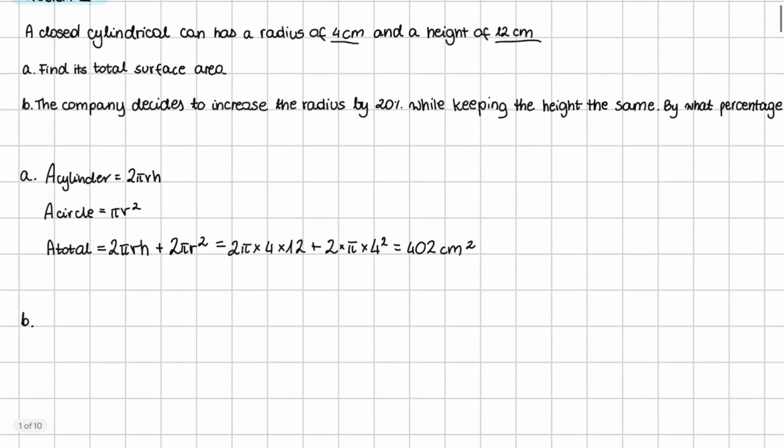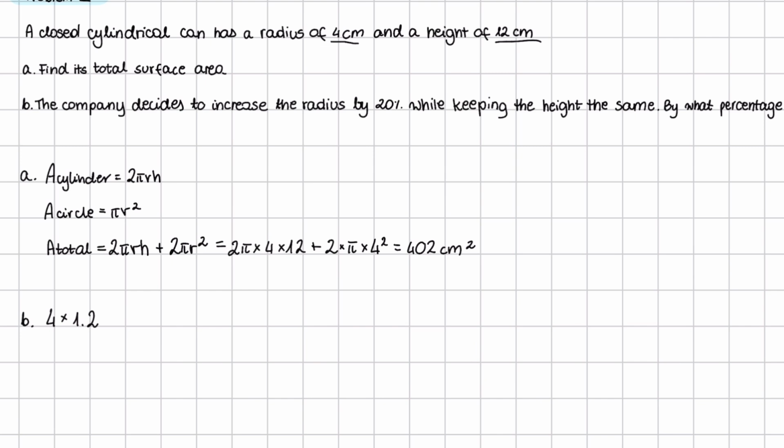We have a radius of 4 centimeters, and now it increases by 20%, so we can multiply our former radius by 0.2 and then add this value to our former radius, or we can simply multiply our 4 centimeters by 1.2, so it's like